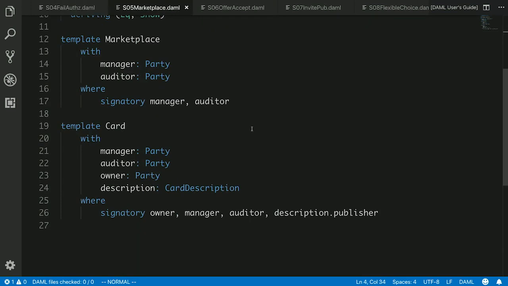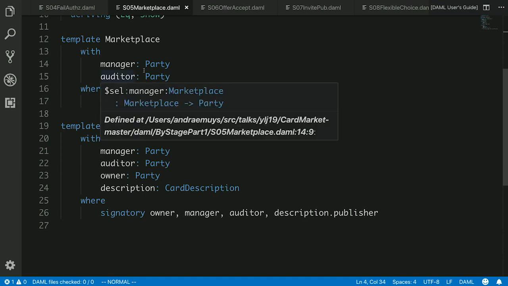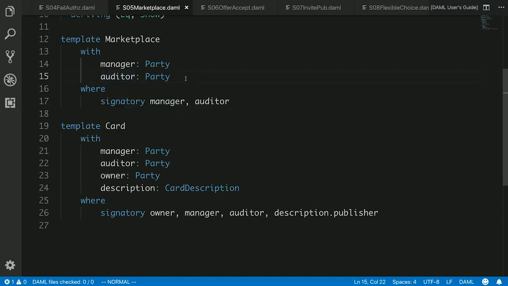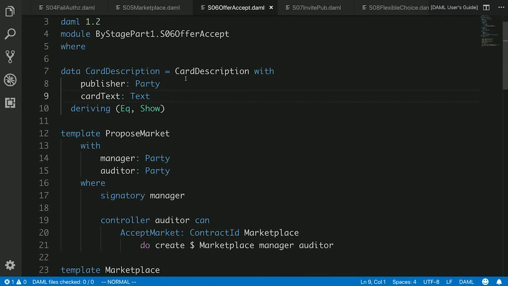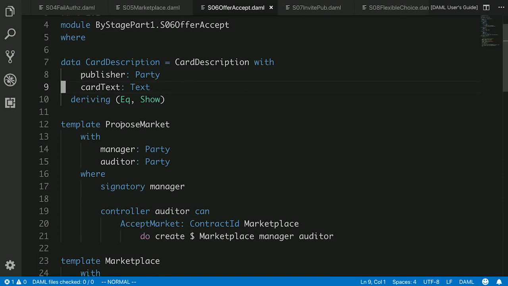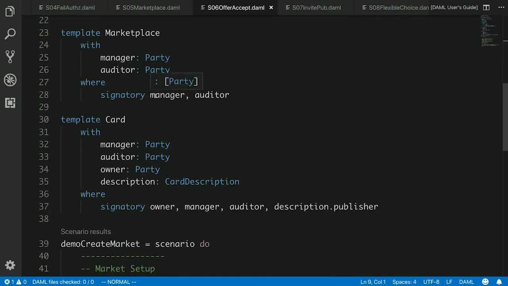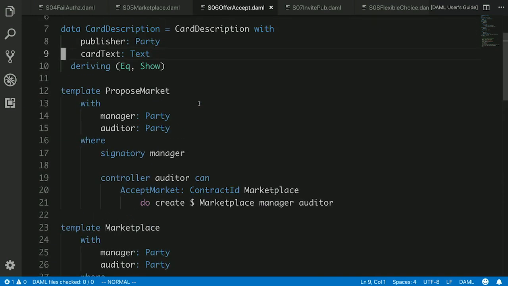So let's create a marketplace. Again, a couple of parties: the manager of the marketplace and the auditor who regulates it and makes sure that everything is done properly. Because there are 2 signatories to the marketplace, you can't create that on your own. There has to be an offer and acceptance to create the contract between the 2 parties.